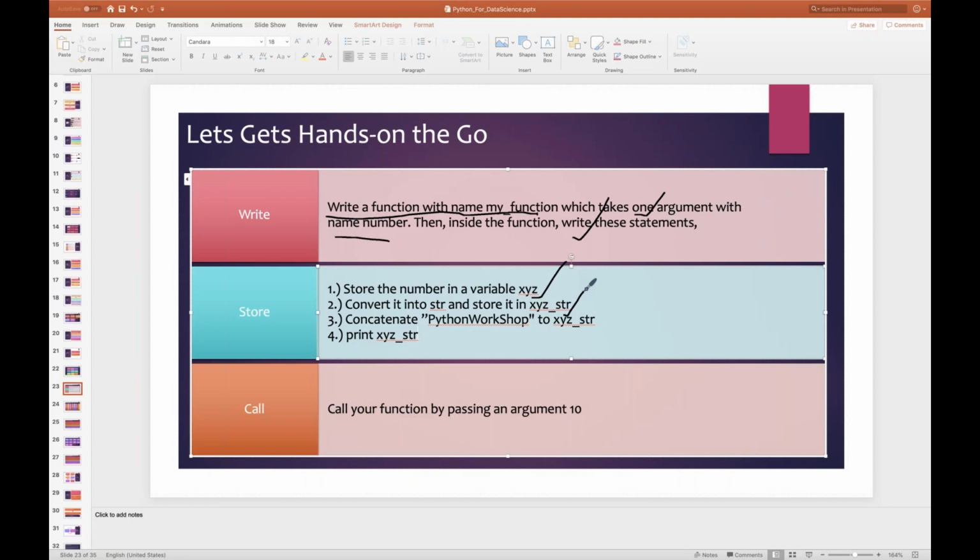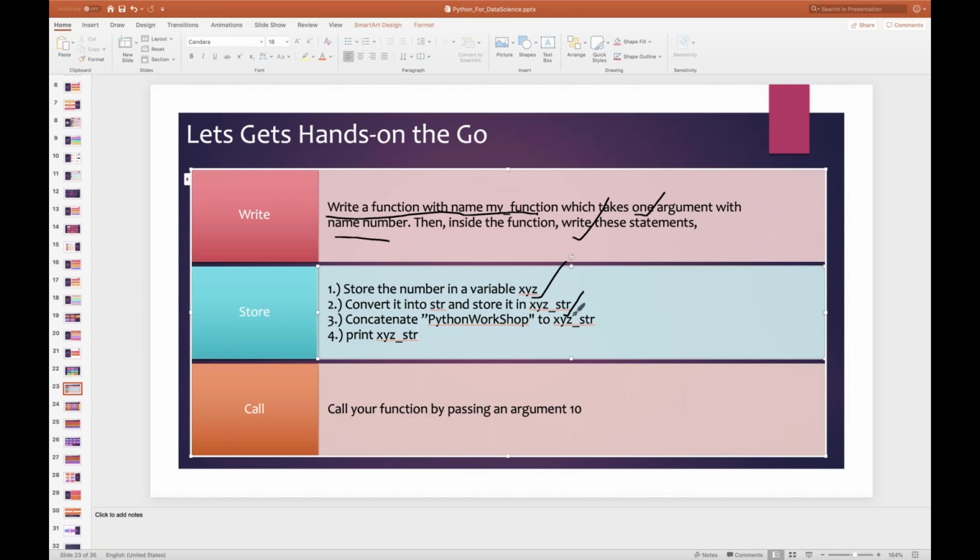The word number is a variable that is storing a value. So step one will store a variable: you define the variable name and a value. The first step will be xyz equal to number. Second step will be xyz_str is equal to string of xyz.